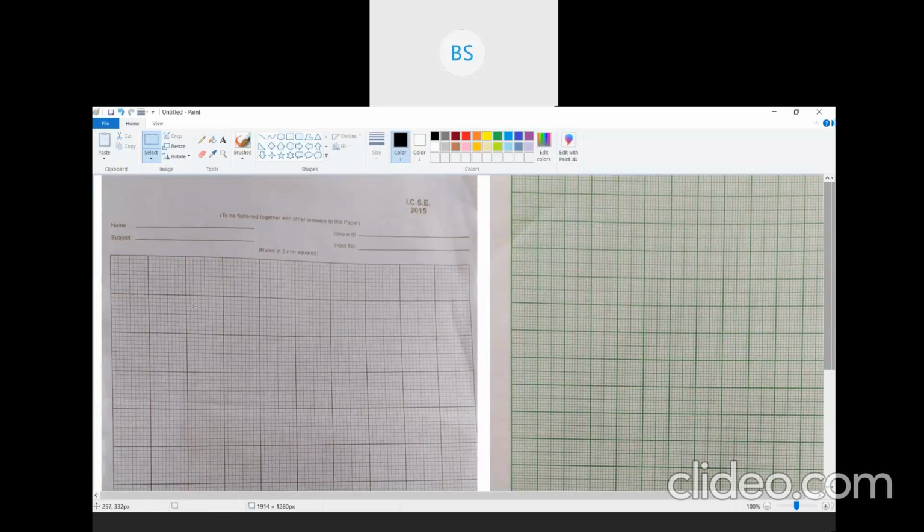Presently you can use the 1 centimeter graph itself, but you'll have to practice using this 2 centimeter graph later on. If you get it in the market, well and fine, or else I have a few copies which I can send you as a PDF. You can take a print and use that for practice. So first just check if you can get it. If not, then I will surely send it to you all.